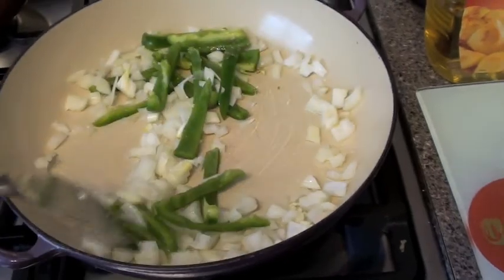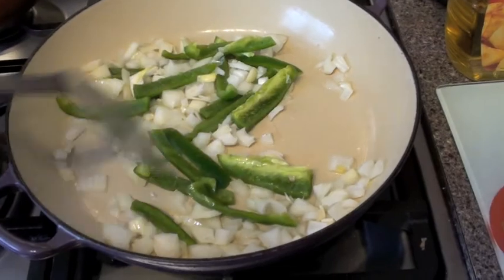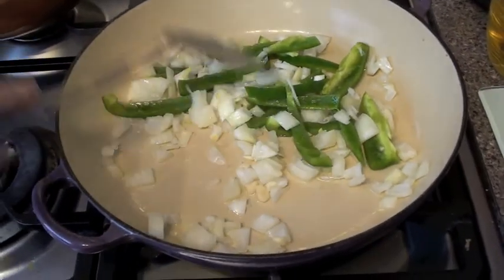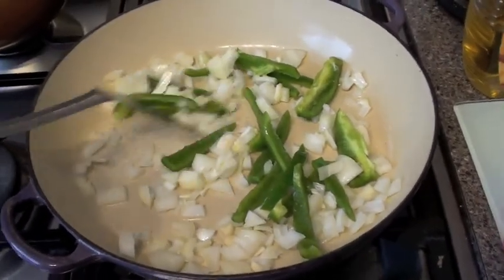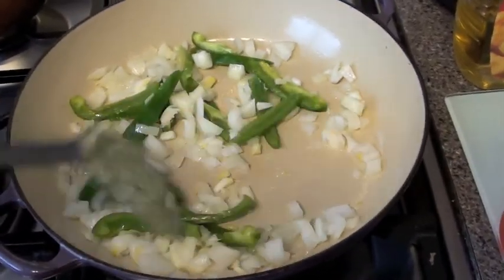They shouldn't burn, but you'll want to keep the pan heat about medium, but definitely not too high, because you will begin to burn the garlic. The garlic burns unbelievably quickly if you have it on too high a heat. So I'm just going to let them cook through, and I've got them nice and mixed, and that should be